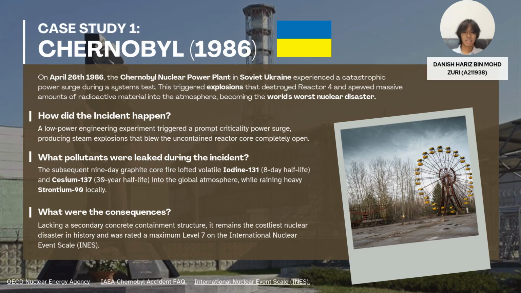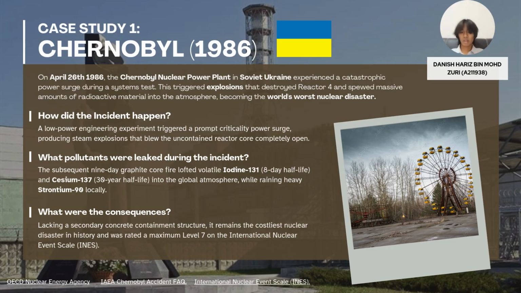These pollutants have an 8-day half-life and a 30-year half-life respectively. These pollutants were volatile gases, meaning they pollute the atmosphere without causing any visible change in the air. And also the radioactive element strontium-90 isotope causes heavy radioactive rain in the local areas. So from this incident,